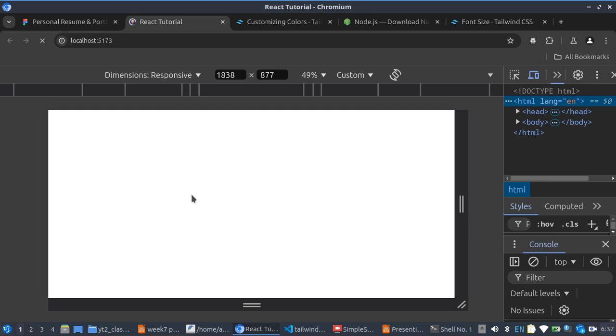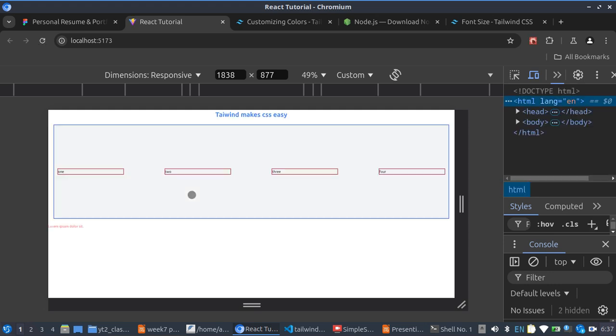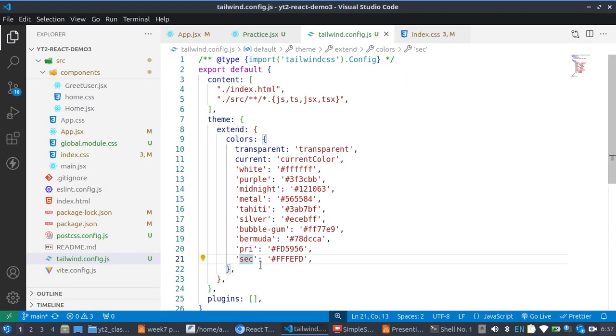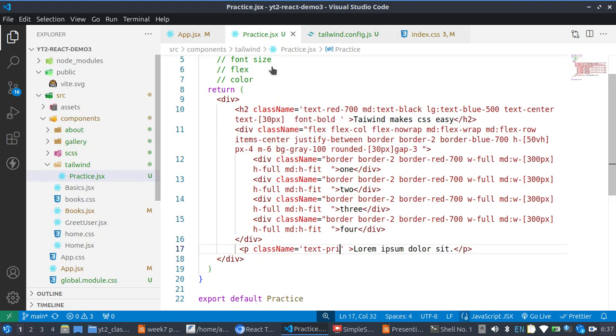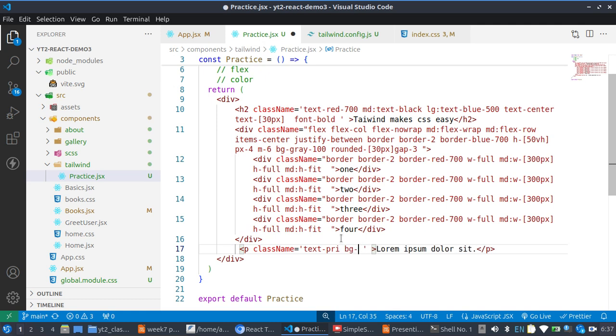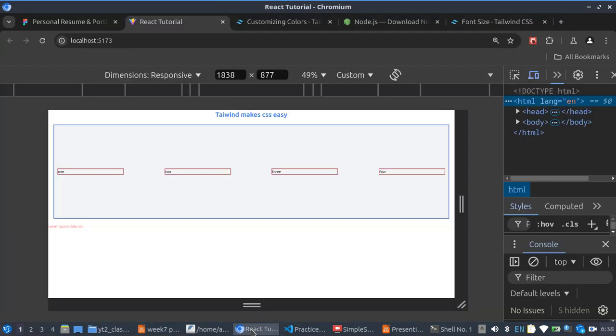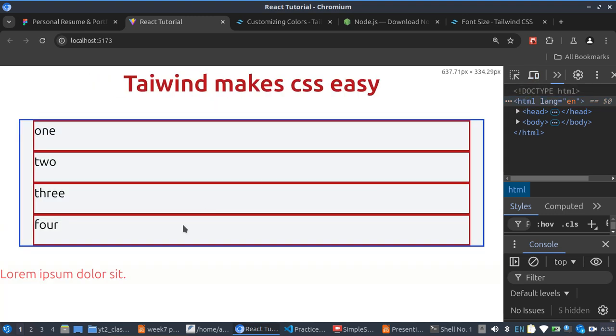So you notice I'm not fast in the video because I want it to be a slow pace one, so that this is it. It's actually showing. So if I add the background, so let's say I want to add a background, so I'll just put my BG sec, which is my secondary color. So if I do that, you notice it will have that BG, but you will not see it, but it's there. So this is how we add our custom